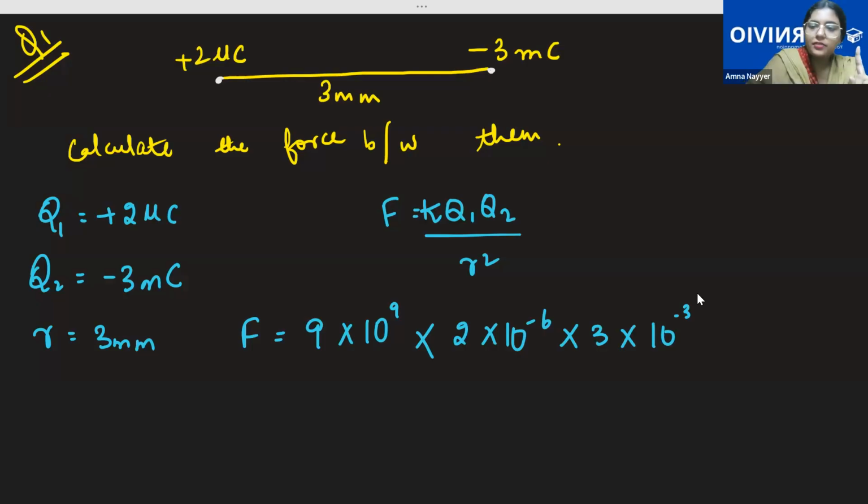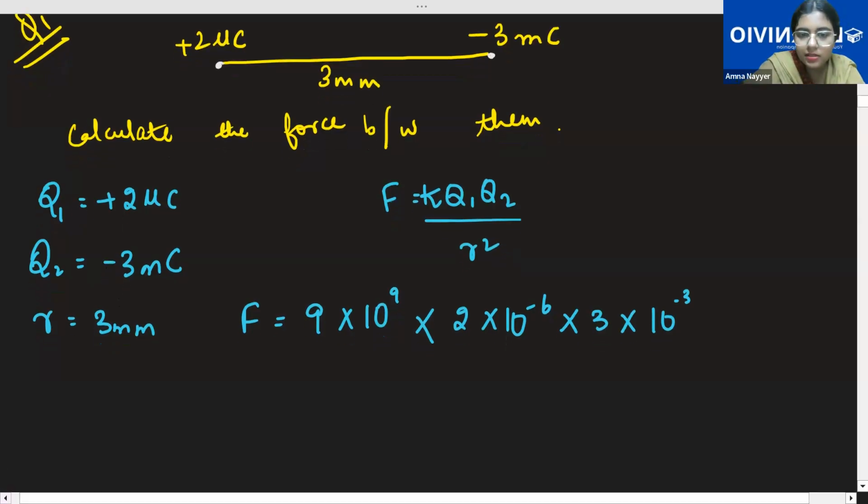See, class, one thing: first of all, the minus we will not consider. So that part, Safrina, was correct. Whether it's plus 2, minus 3, or anything given, you won't consider this negative sign, because we discussed in the last class that we put the magnitude of the charges. So Coulomb's law basically tells you the product of the magnitudes of both the charges.